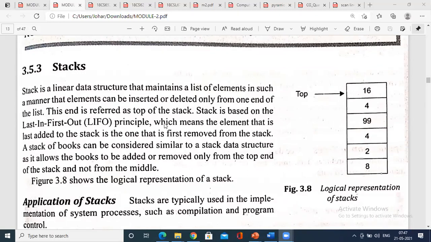What is the meaning of last in, first out? The person who enters last will get out of the stack first. The last element added to the stack is the first one removed from the stack.